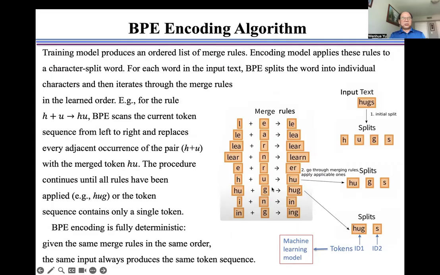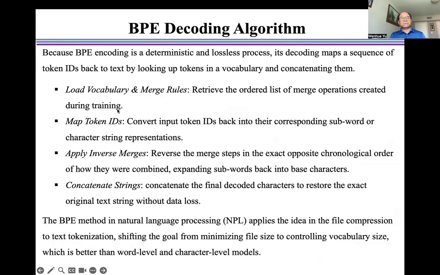The process continues until all rules have been applied, or the token sequence contains only a single token as shown here. BPE encoding is fully deterministic, namely, given the same merge rules in the same order, the same input always produces the same token sequence. Because BPE encoding is a deterministic and lossless process,